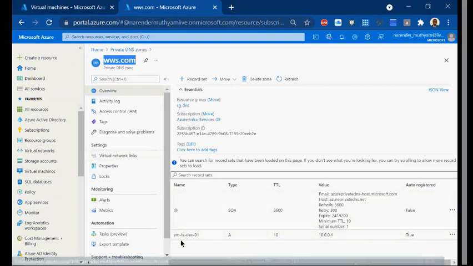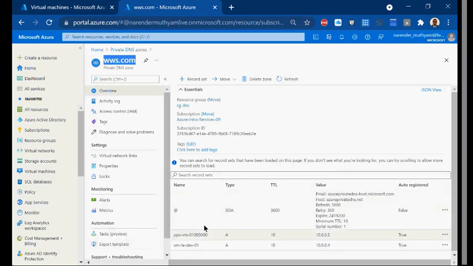We have linked only one VNet, and that's the reason any VM added to that particular VNet will have a record added here. Right? So here, as soon as you see, you are getting the second VM record also. See, it's getting a new IP address. So that's about your private DNS. Same for public DNS also, same thing. There is no difference. But again, public DNS happens on the internet, and this private DNS happens within the virtual network. That's the only difference.